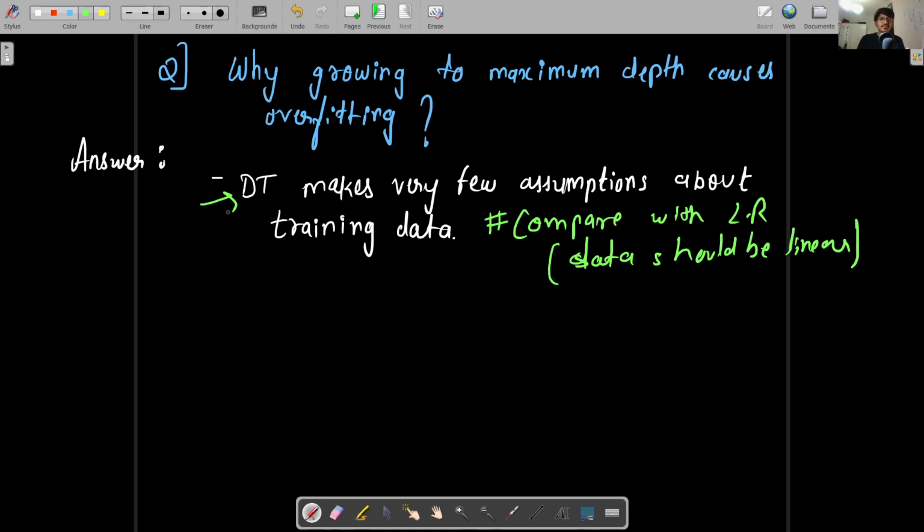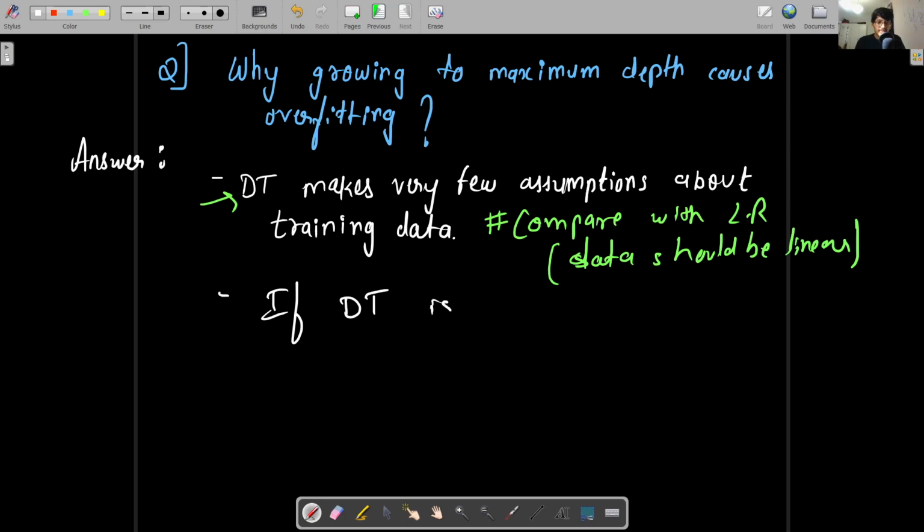And the other thing is that we don't have to assume anything about the data. We don't even need to scale it. We can just use our given data set as it is. So it doesn't make any assumption, unlike other algorithms which assume that the data should be linear and so on and so forth. The second point, which is very important, is that